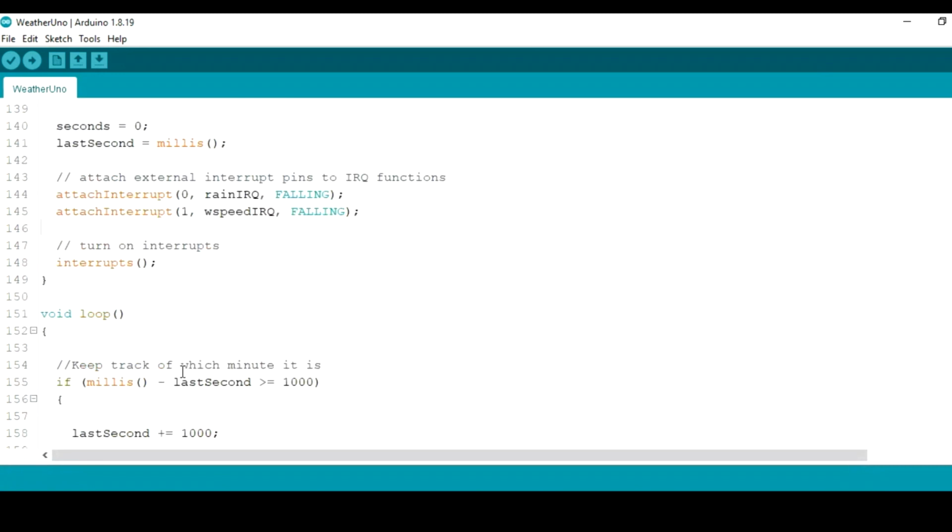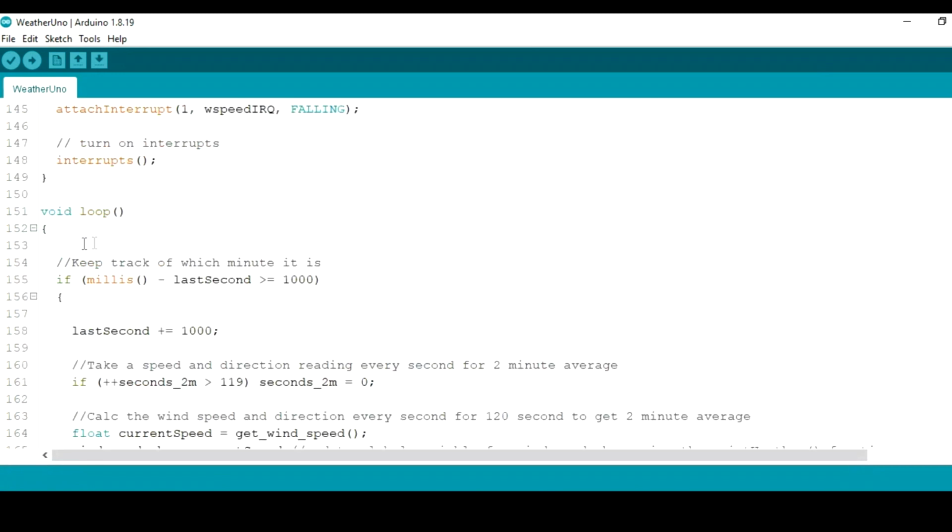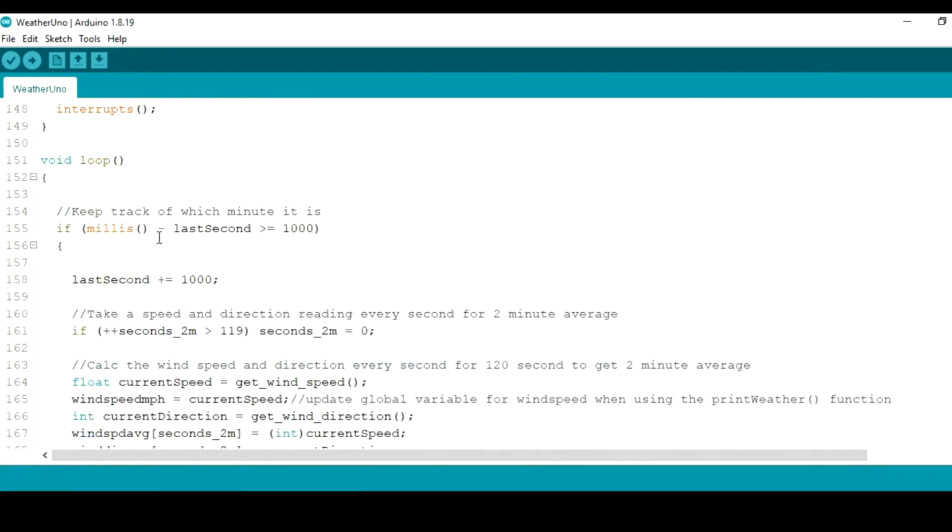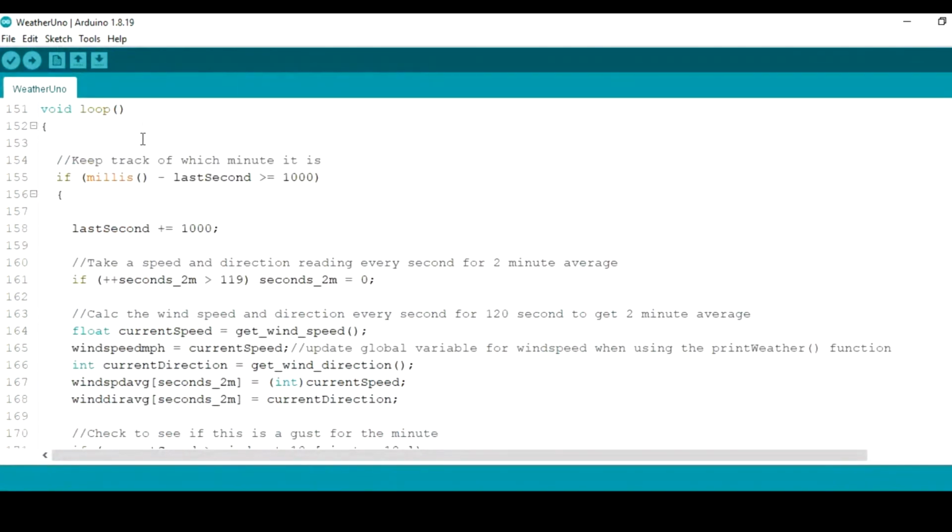In the main loop, we have to keep track of each minute so that we can calculate wind speed and rain by the minute. Here you can see the calculations being done.